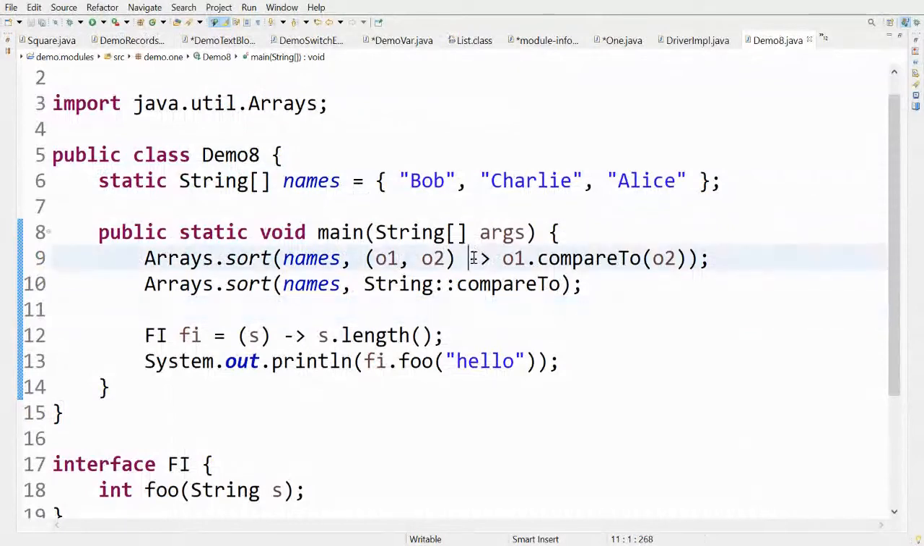So here we have this lambda, and if you want to understand the functional method which is being implemented by this, you can just hover on that and you will be able to see that it is implementing the compare method and taking two strings and returning an integer. And you can control click on it to navigate to that functional method. Similarly,